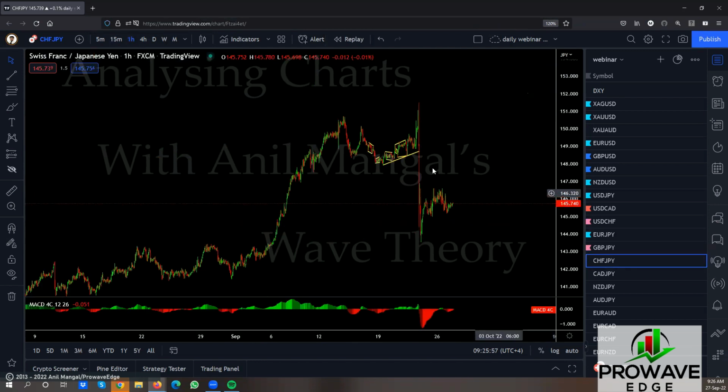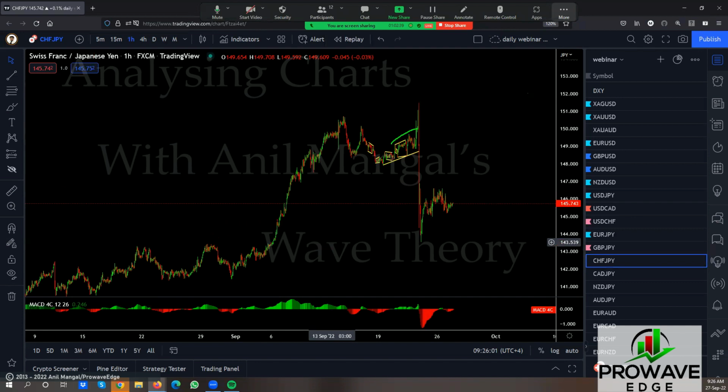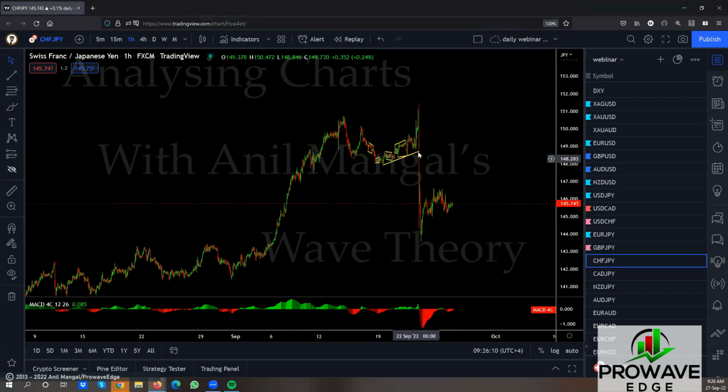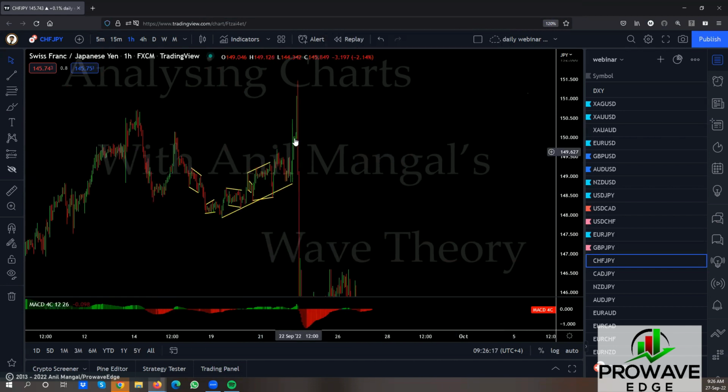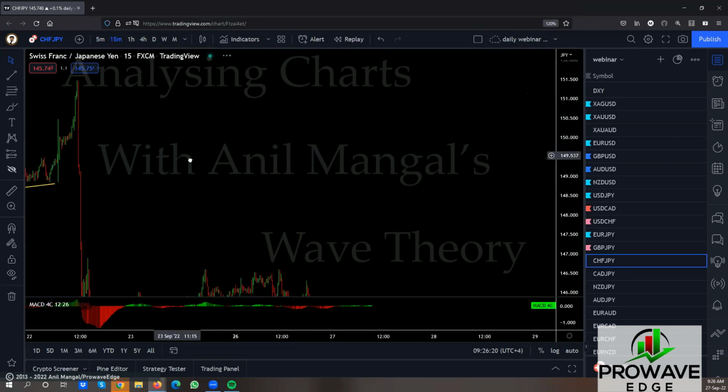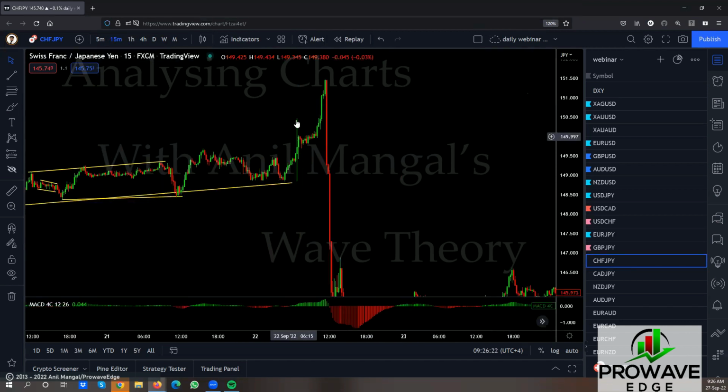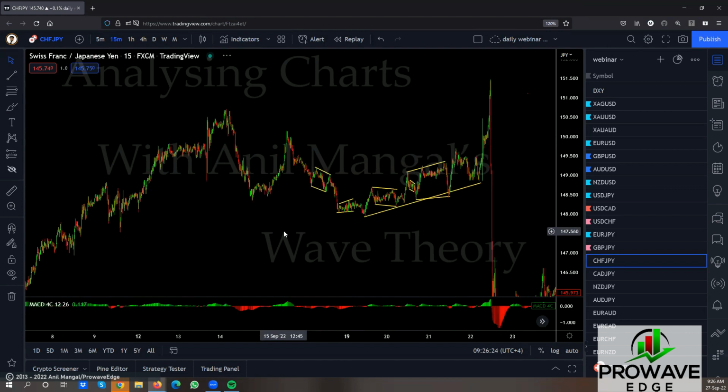Big picture. This dropped, but it broke the top first, which means it's not the way we were looking at it. We were expecting this to drop without breaking the top, right? It could even come back to the top and drop here and then go back up. So now that you broke the top and dropped somewhere in here, this is over. Either we find a contracting flat in here. Let's see if we possibly could find one there. Was there a pullback in here? We'd have to look at whether there's a pullback in here. Yeah, there was a pullback, really deep here. So if you want to go with that pullback, that might be the only chance, to assume that we have a flat somewhere here.